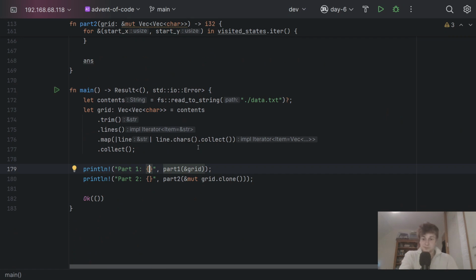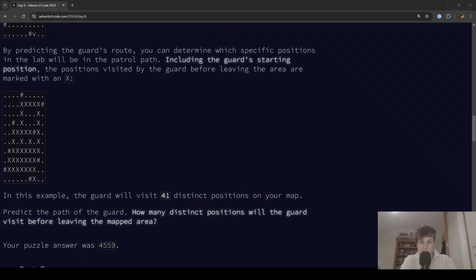Okay, so part one, pretty simple. Part one you can actually do pretty simply just by looking at your input data set. I got a bit carried away trying to do that, but I decided it wasn't worth it just to count. And it was lucky I did, because if we take a look at part two